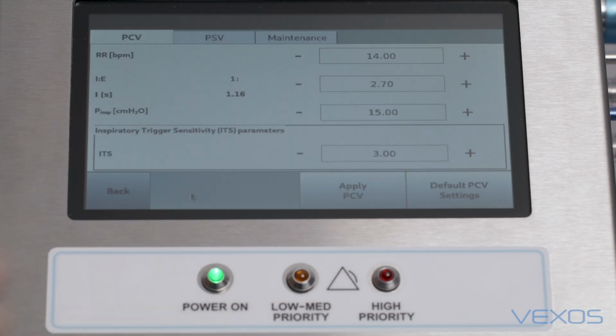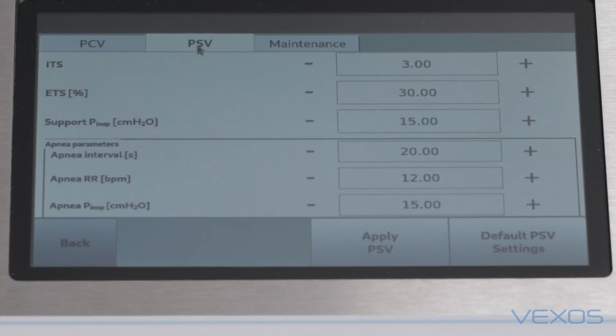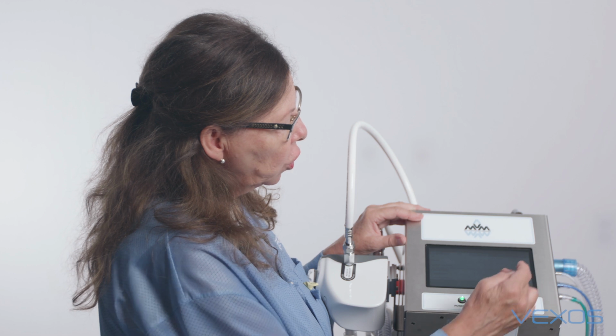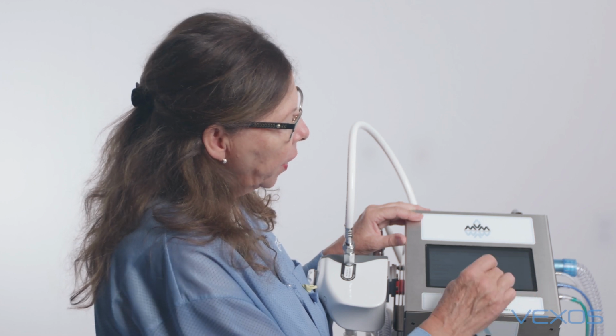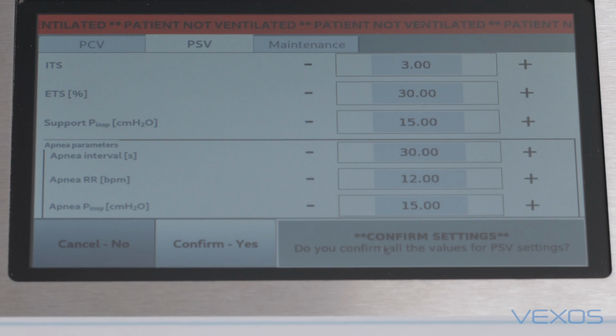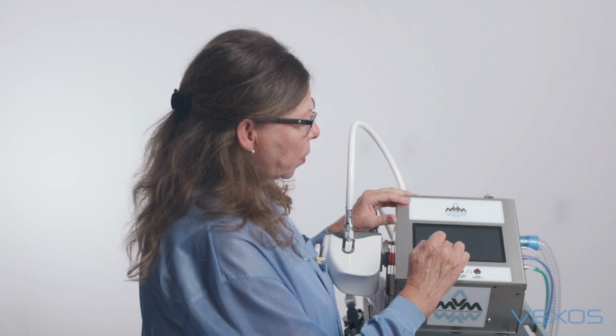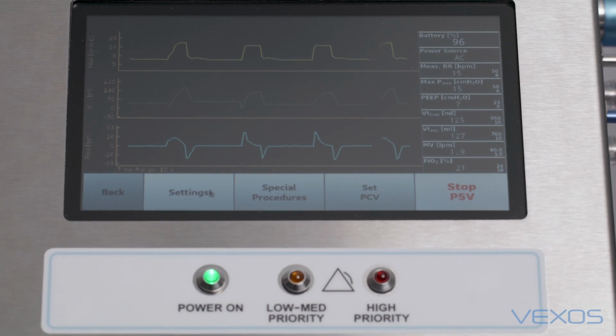So mode settings, we're going to switch the tab to pressure support. All of our parameters are here. I need to check them all, review them all again. This time I'm just going to put the default settings in. I'm going to apply. It's going to ask me, do you confirm all the values for pressure support? Yes, I do. I'm going to start pressure support, and I should be in pressure support right now,